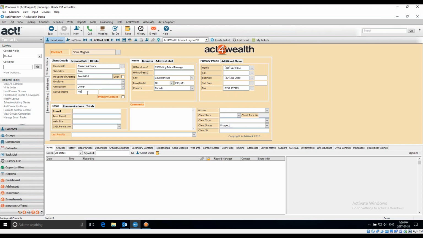If you wanted to record the full name of the spouse as Philip, but you wanted to create the household greeting as strictly Phil, you can go back and edit this and then lock this down so nothing changes. So if I add something into the last name field, nothing will update this field for us. The other piece that gets automated is through the home address and the business address, we've created an